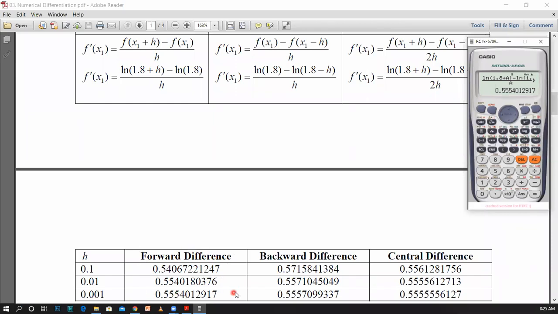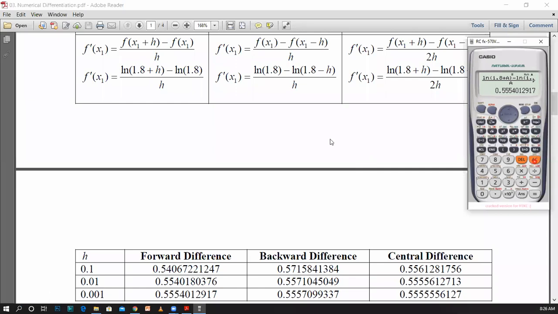This is how we are using this forward differential technique to identify a derivative of a function at the given point. And now you can see that here I have considered the h values as they are getting smaller. Now you can see that the forward differential values also change according to the value of h.